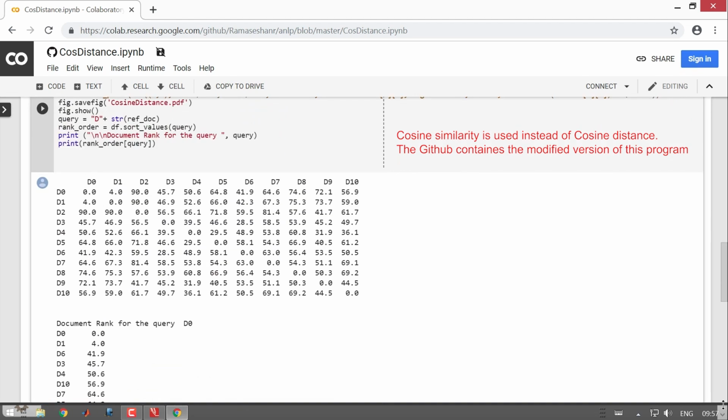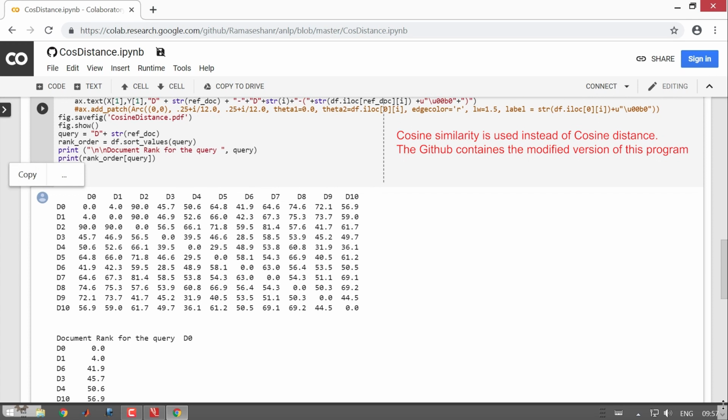Here you have a matrix containing all the documents along the x and y axis. I have taken every document in that space and tried to compute the distance from that document to the other documents. I have not used any query at this point in time, so we will come to that a little later.